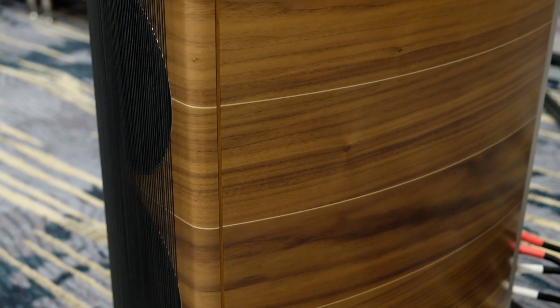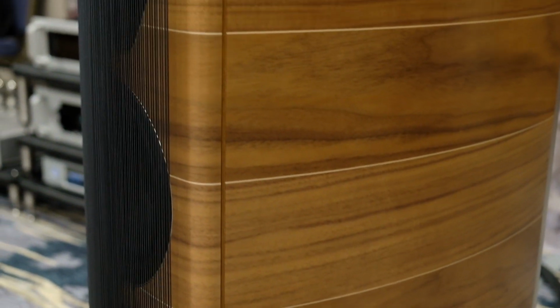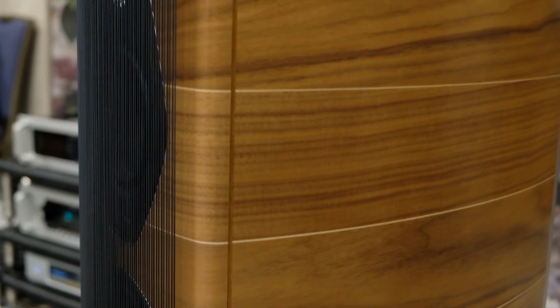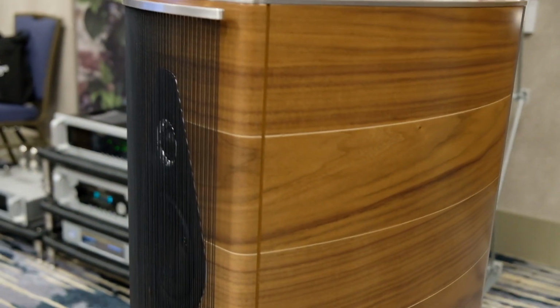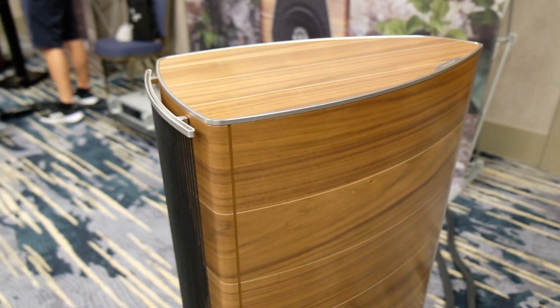Starting from the cabinet, we moved from a sophisticated MDF construction to a multi-layer construction for the sides. Let me tell you in other words, basically we made the new Olimpica, called Olimpica Nova, and Nova means new. Yeah, right. As close as possible to the Homage Tradition line technical solutions. So this multi-layer side belongs to the Homage Tradition line as well. Another important solution coming from the bigger sisters of the Olimpica Nova is the aluminum back beautiful element,